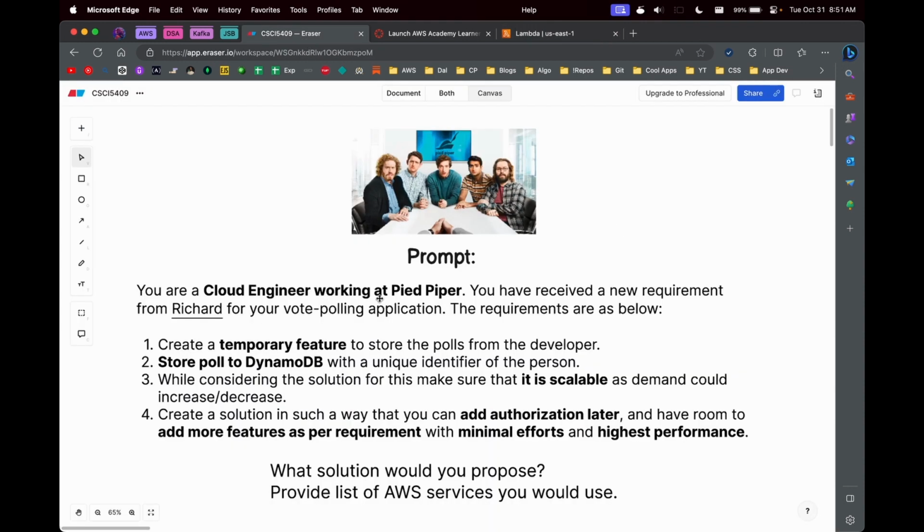So you are a cloud developer, cloud engineer working at a company. You have received a request from some manager for your vote polling application. The requirements are create a temporary feature, emphasis on temporary, to store the polls from developers. So if you know, like Stack Overflow does polls every year, like which is your favorite language, and then at the end they show the most popular language among the developers. So something like that, you need to create a temporary feature to store the polls coming from developers, so like